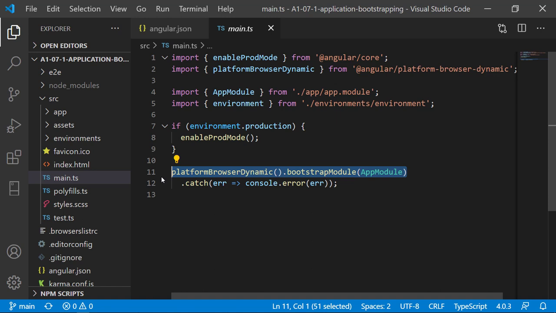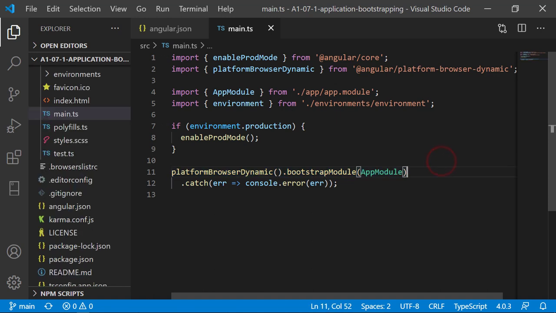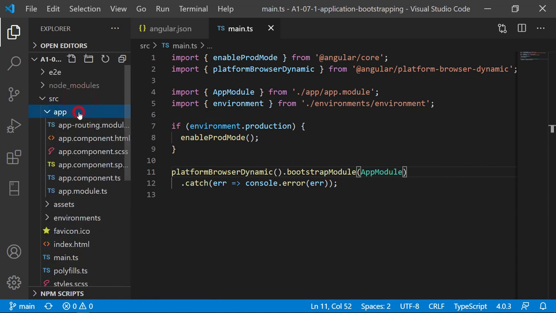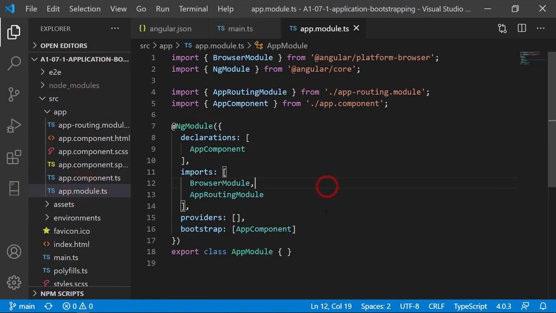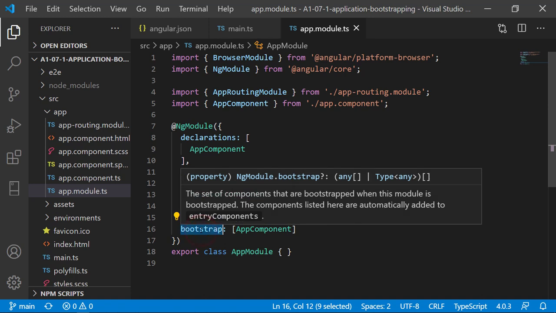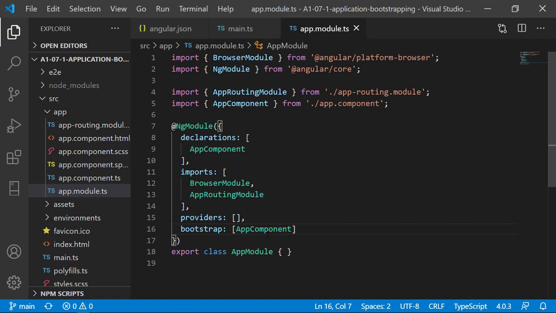Okay, but that's not the end. We have to go a little bit more in depth because we haven't answered how the application got rendered on the page. So for that, let's open app module.ts. Now AppModule is NgModule because we use NgModule decorator on top of it. We will see what is NgModule in next chapter. And let's only focus on bootstrap property because we are learning about bootstrapping. And bootstrap has an array. Inside the array we have one component called AppComponent.